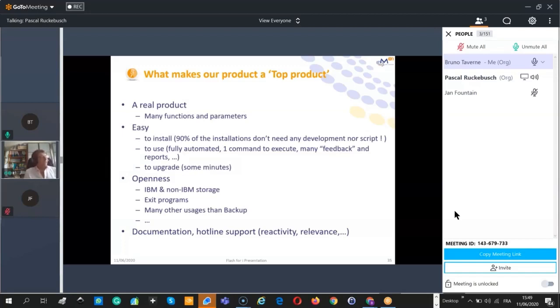There's openness. We support IBM storage systems, but also EMC VMAX and other vendors' storage systems. At several places you can add your own exit programs. There are many places where you can put your own exit programs and do many other things than only backup. There's a big documentation, more than 150 pages. There's a hotline,